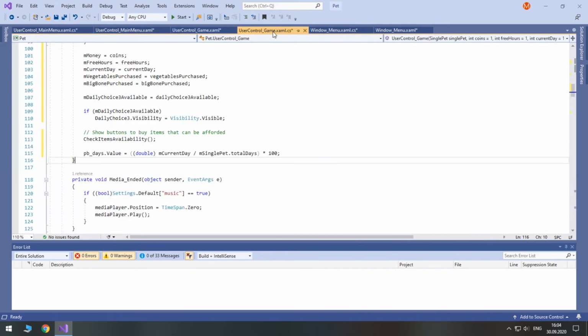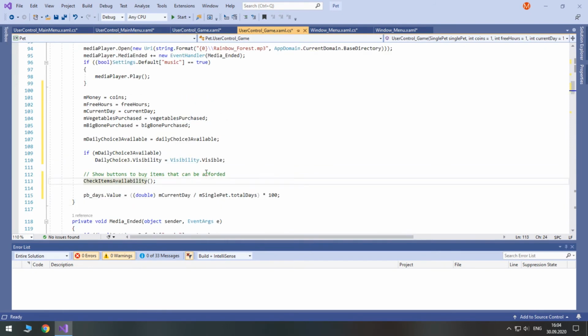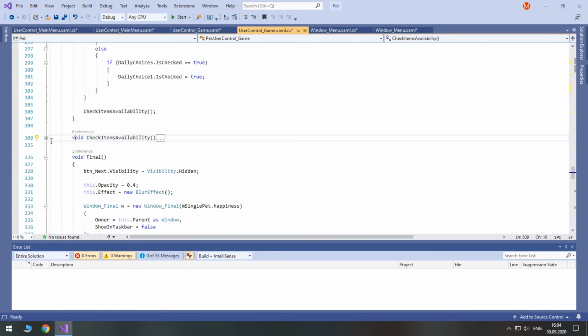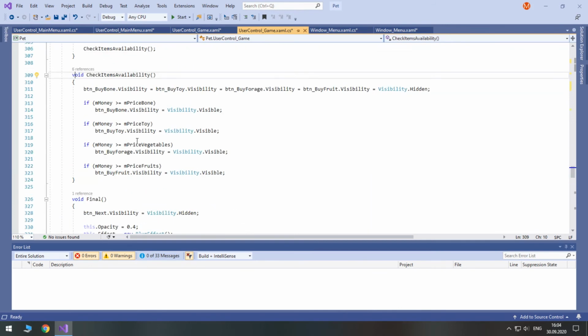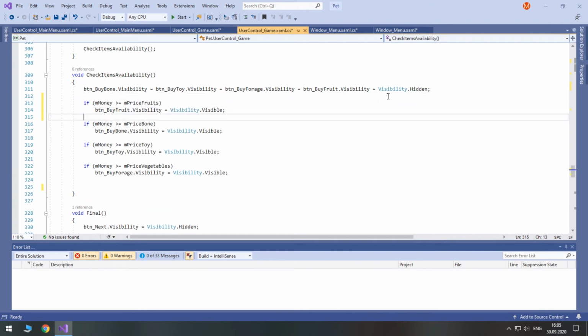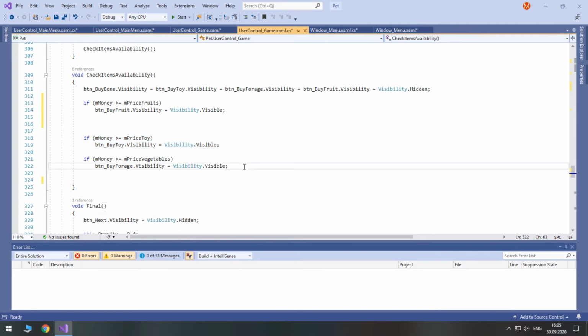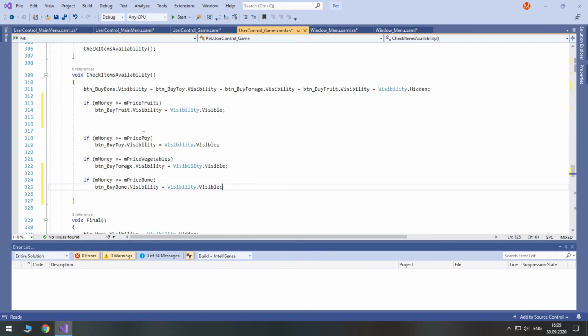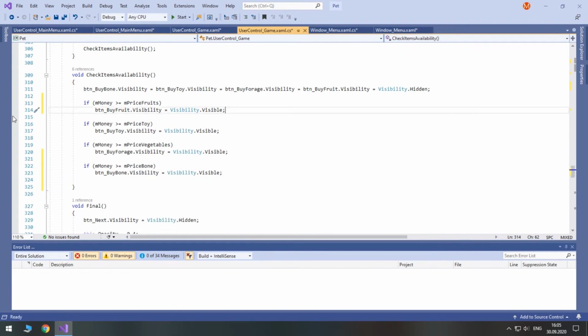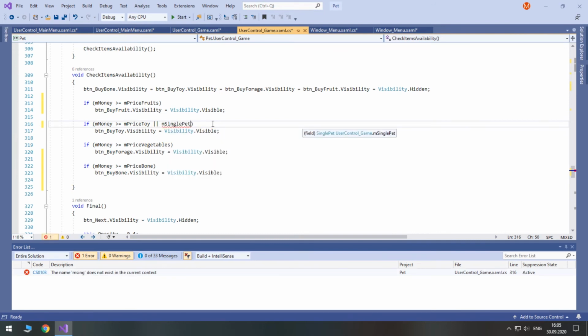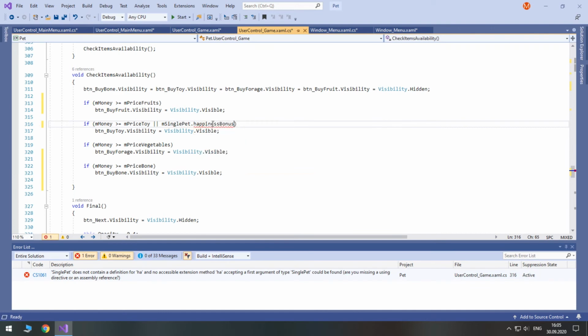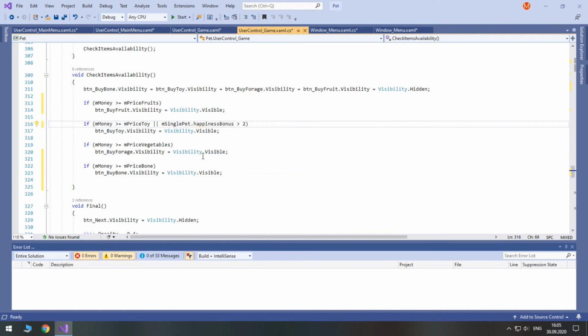Let's return to our user control game xaml.cs. Now let's access our check items availability method, and we will need to change it a lot. First of all, let's put it in the same order. So first fruits, then put the bone here. Okay, now we need to show the button if we have enough money for it or if it's already purchased. So single pet happiness bonus, if it's greater than 2, we show it.